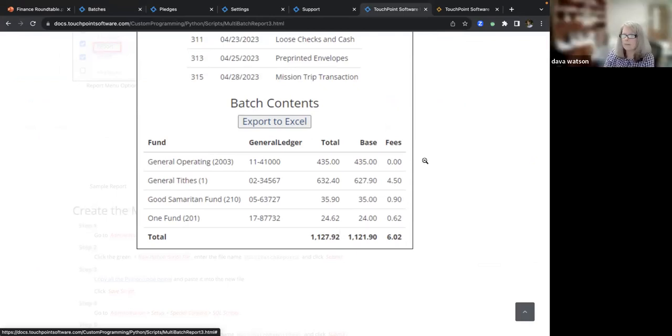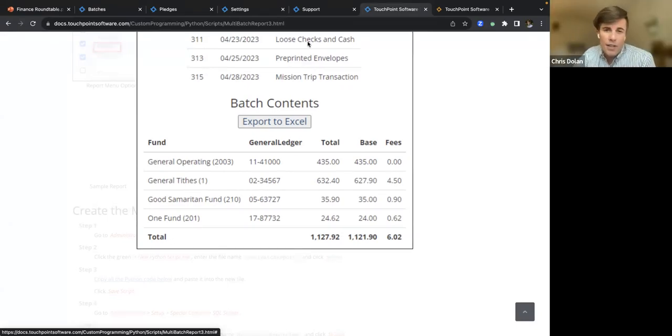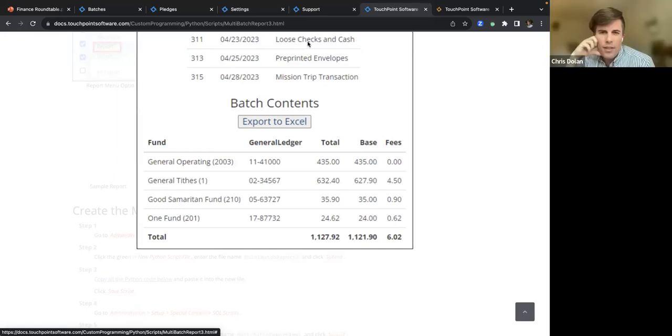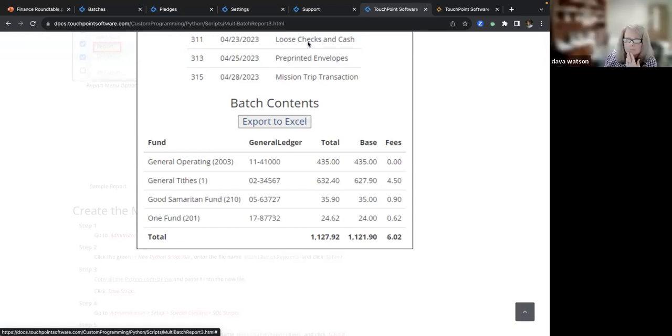Right now my online batches don't have deposit dates on them. Is that because I have that thing that's going in and closing them automatically? Yes, and when phase 2 rolls out, they will have the deposit dates automatically on there. Oh, perfect. There is, I think, something you can add to that script, Dava, that puts in the deposit date.